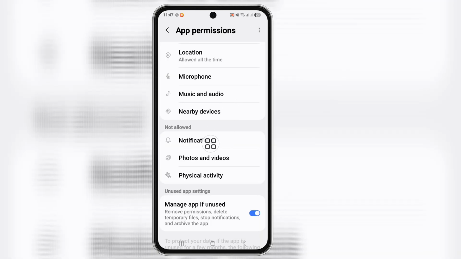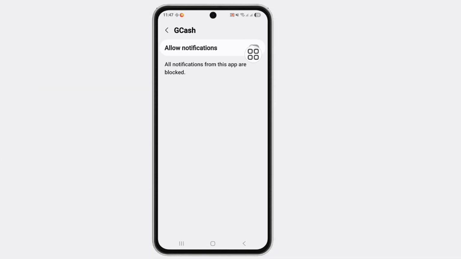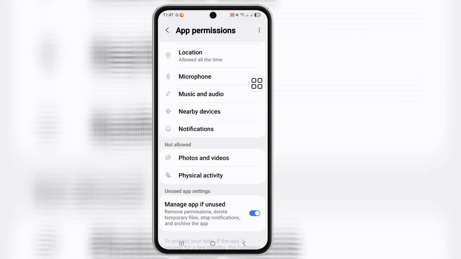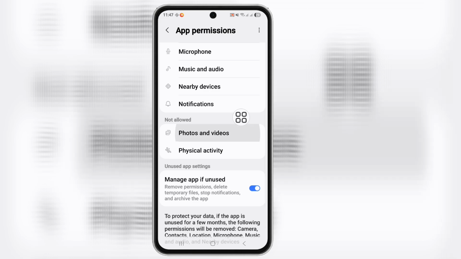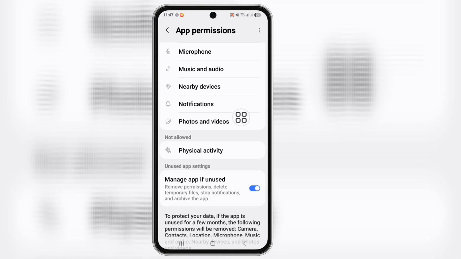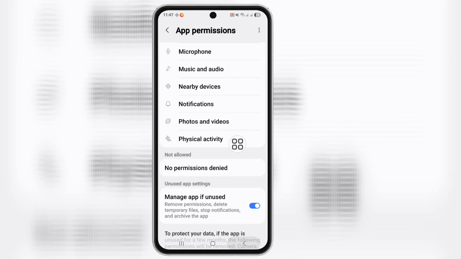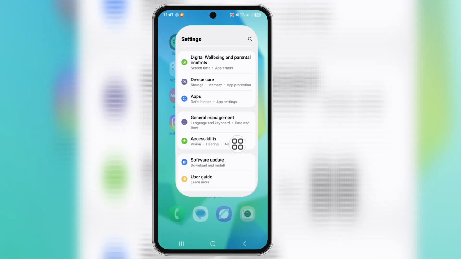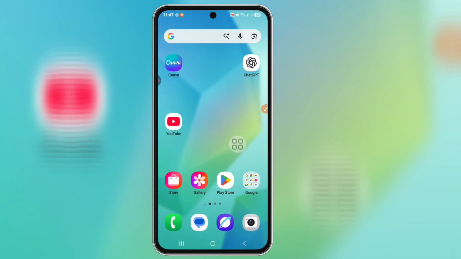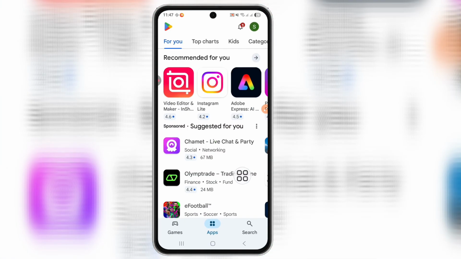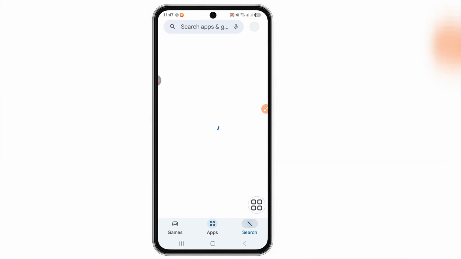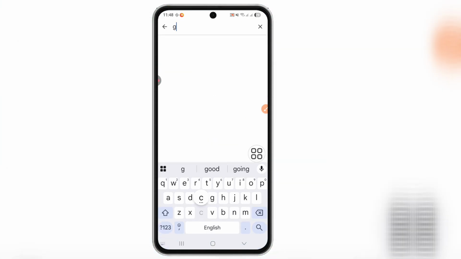click on the notification option, allow, photos and videos, allow, physical activity, allow. OK, back, and second step, go to Play Store and now search here for the GCash app